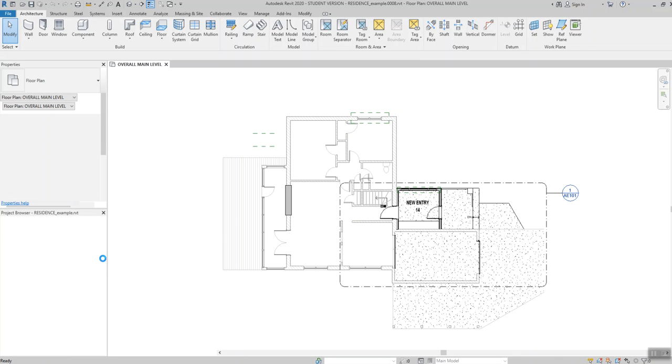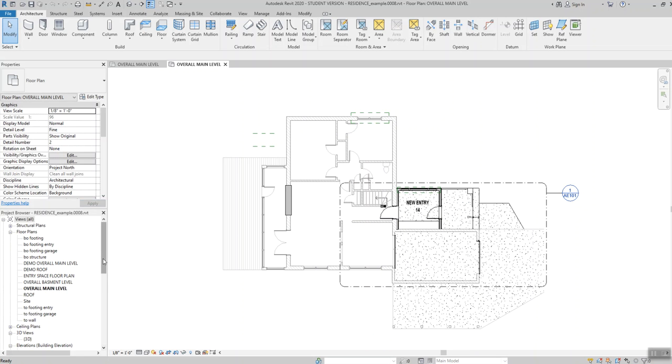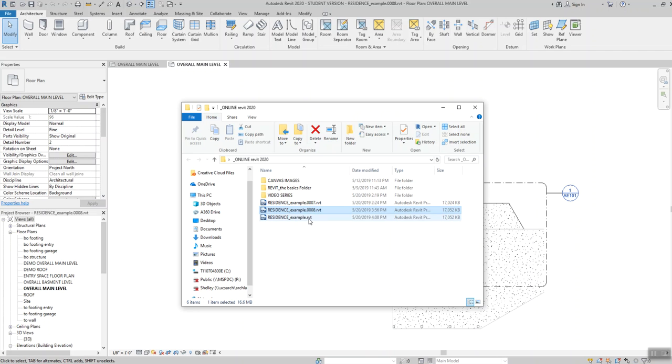Now I already have the working file open, right? So it's kind of tricky because I'm allowed to open a backup file and a working file at the same time. Now, if I accidentally save this backup file and it saves over the top of my working file, I could lose work. I could lose 5 hours of work, 2 hours of work, 30 hours of work,